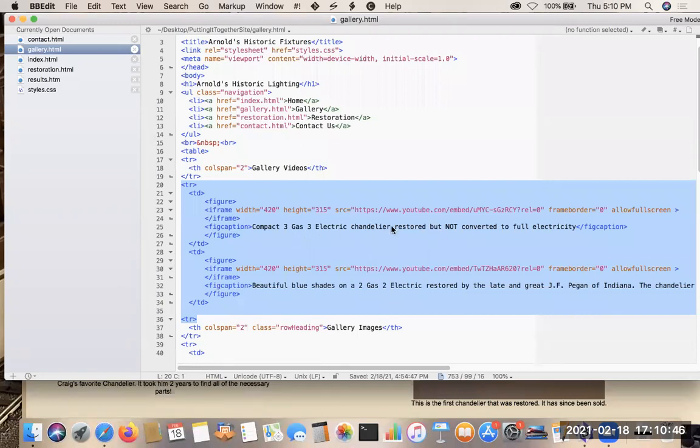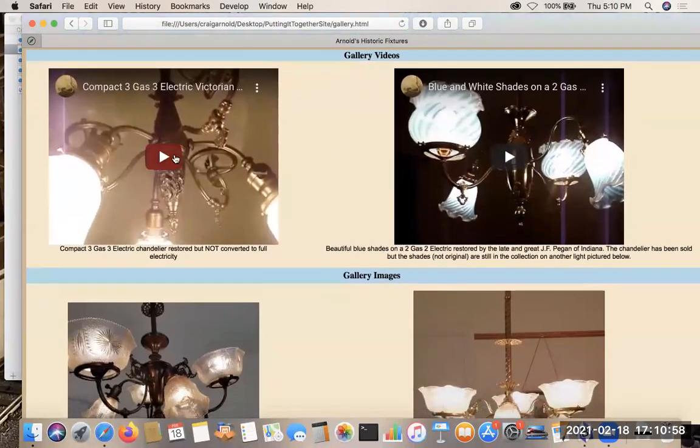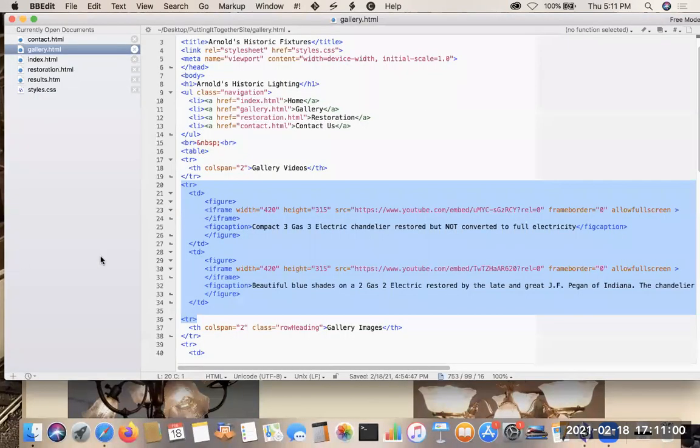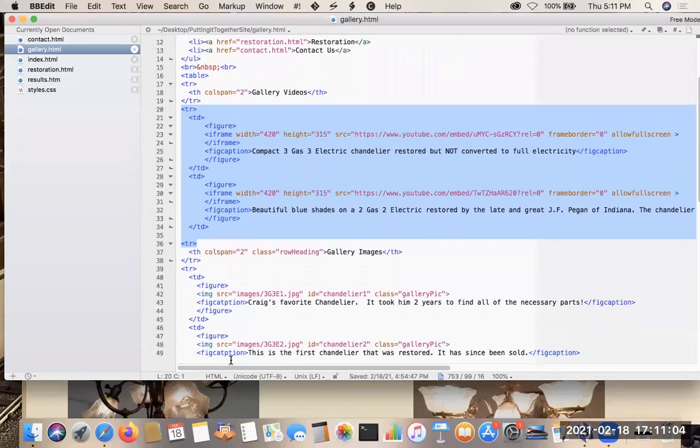And then I have my fig caption, as I said, what it is. I close that table data and I open the other one. So I've got these 2 videos and their captions along with them here. And that is the row. That row is done. This is where things get a little unconventional. We tend to think of table headers as the top row, but you can use them again if you need